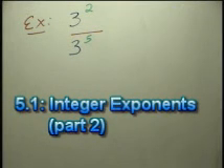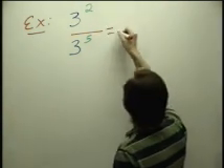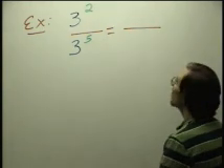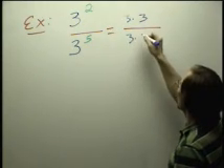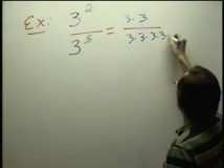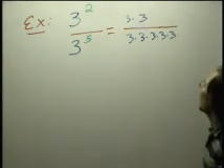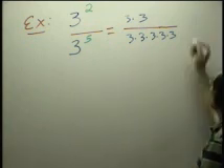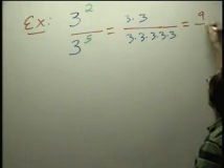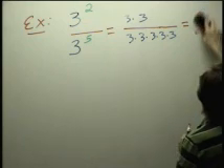Let's consider another example. 3 to the second power divided by 3 to the fifth power. Using our standard order of operations, doing the exponents first, we'll get 3 times 3 over 3 times 3 times 3 times 3 times 3. And then we could either multiply that out and get 9 over 243,